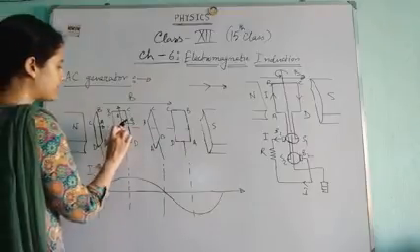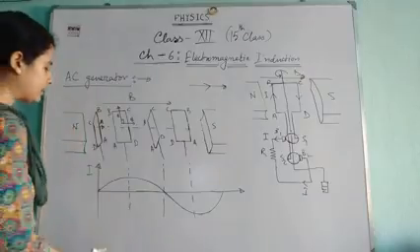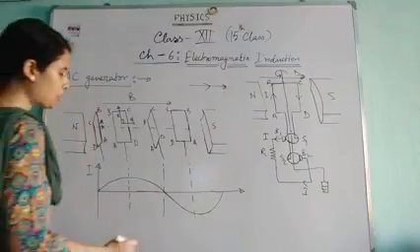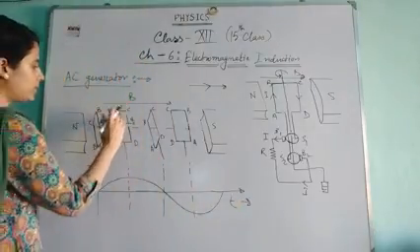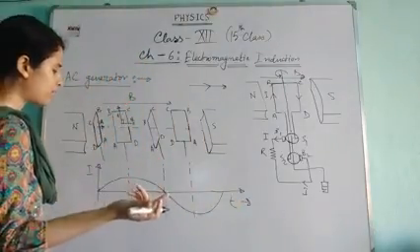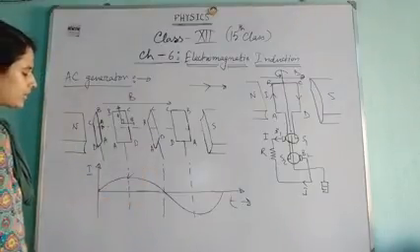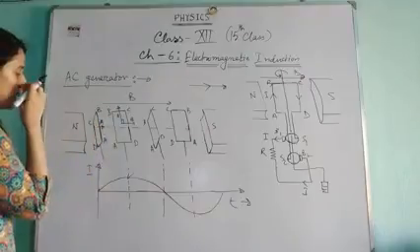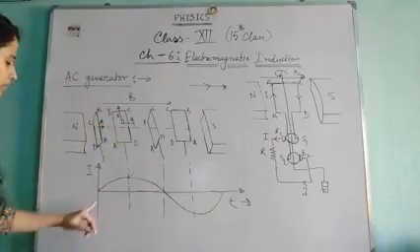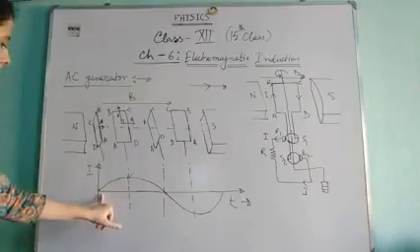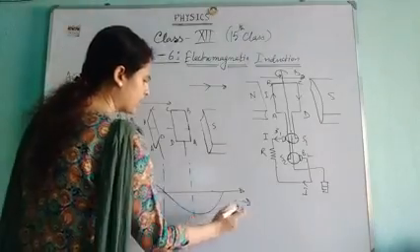But here it is in perpendicular direction. So with the help of the mathematics, I will be able to show you that when A and B are at their max, we will be getting the maximum amplitude of current here. When they are in the same direction, that means when theta is 0, then we are going to have 0 current.